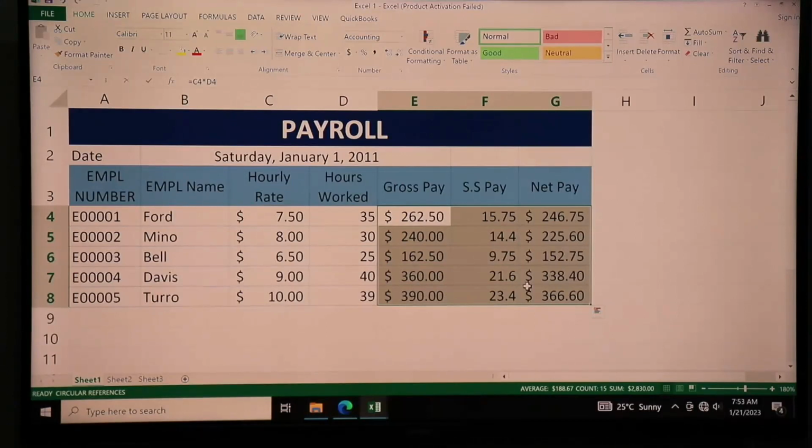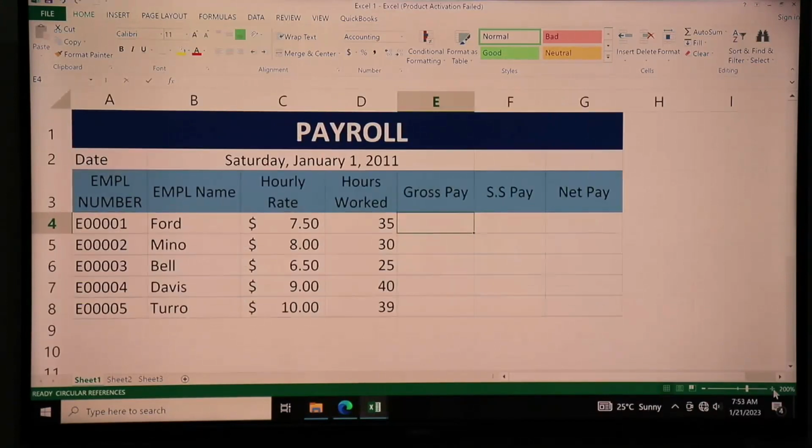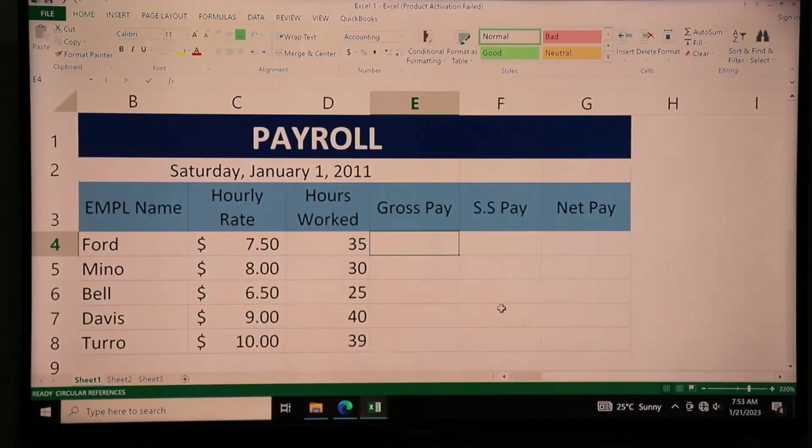So how do you generate the formulas? We said that when you are entering the formula, like the gross pay, which you are supposed to multiply the hourly rate and the hours worked, then you start with an equal sign, because every time a formula should start with an equal sign. Then you take the hourly rate, you multiply by hours worked. And when you do this, you press the enter key. So by doing that, then you can copy down this formula. That is what we mean by relative referencing, that the formula reads C4 multiplied by D4.